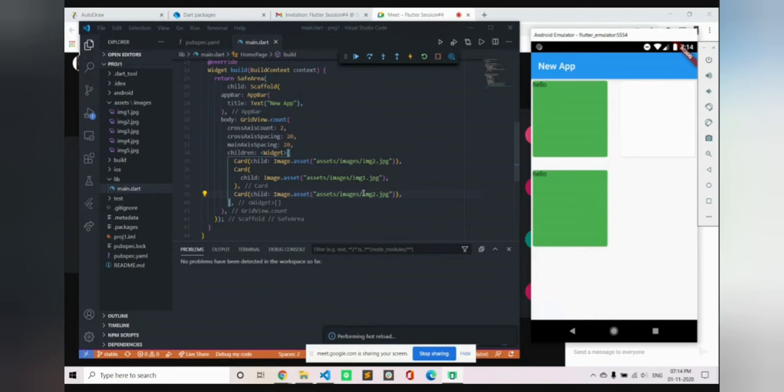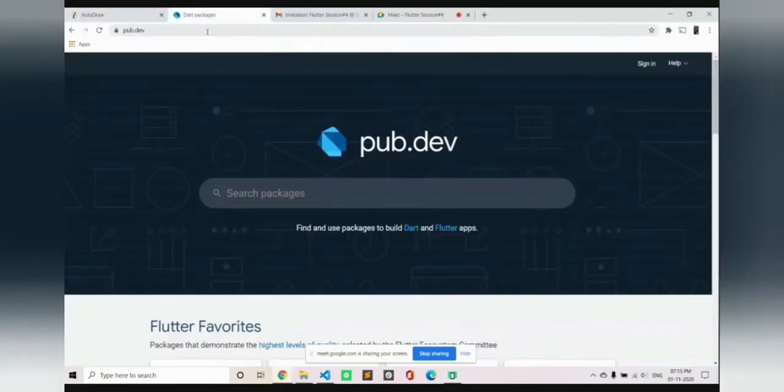Now, whenever you are trying to build something, there is a 99% chance that someone else has already built it. So there is this website, pub.dev, and there are a lot of packages that you can use. For example, if you had attempted the assignment 1, you would have added a package to use the icons of GitHub, etc. So if we go to